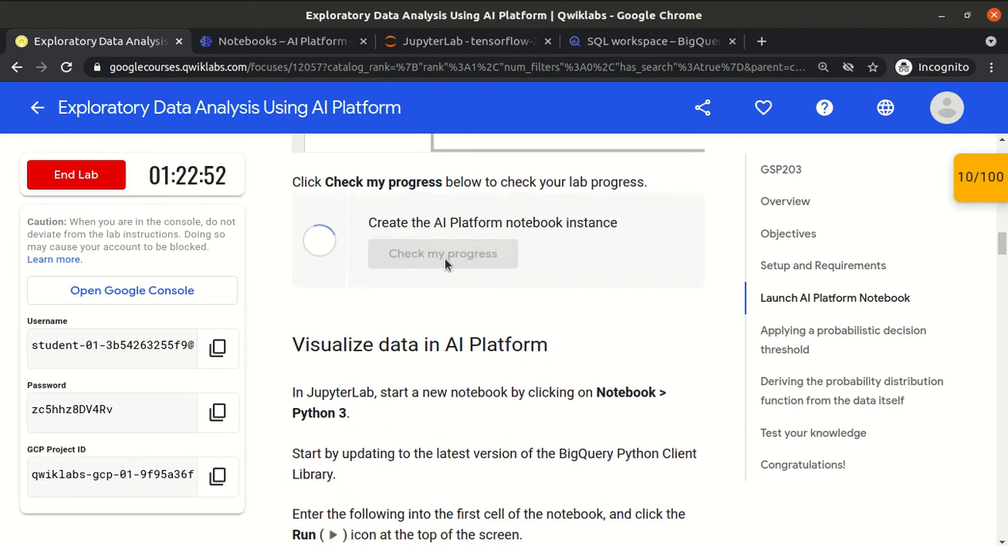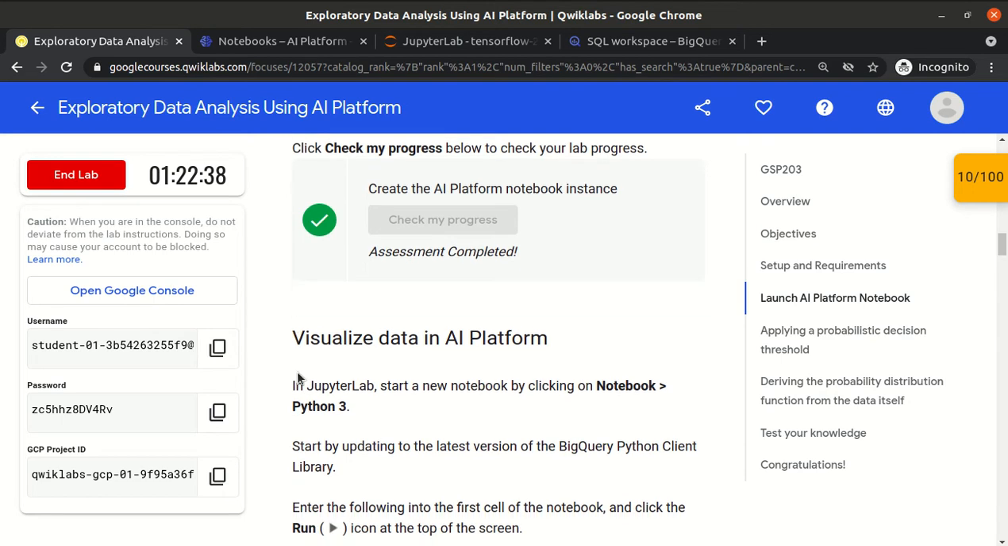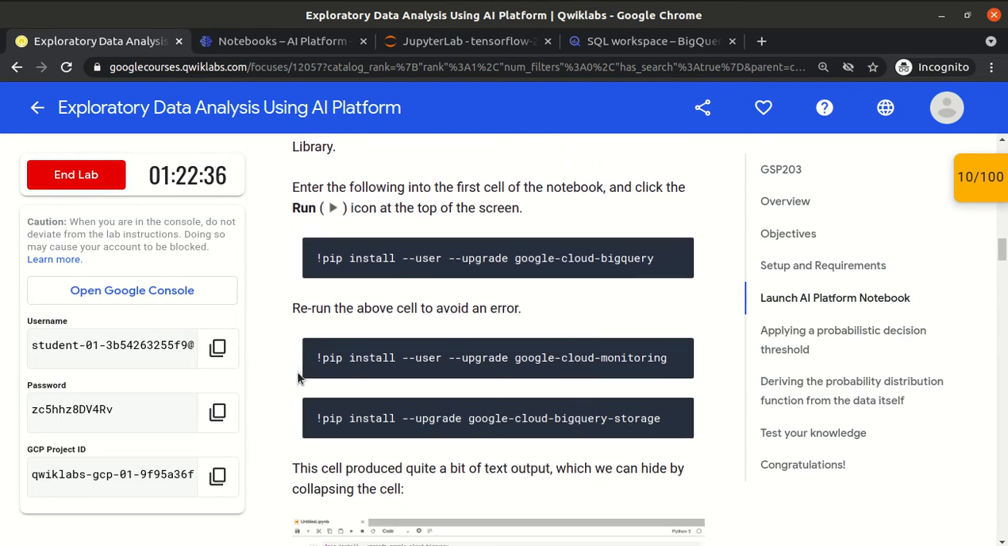So the first step is completed, that is, we have created the AI Platform notebook instance. Now the notebook is available. Now how will we access the data which is stored in BigQuery? So we need to see that. So we have some